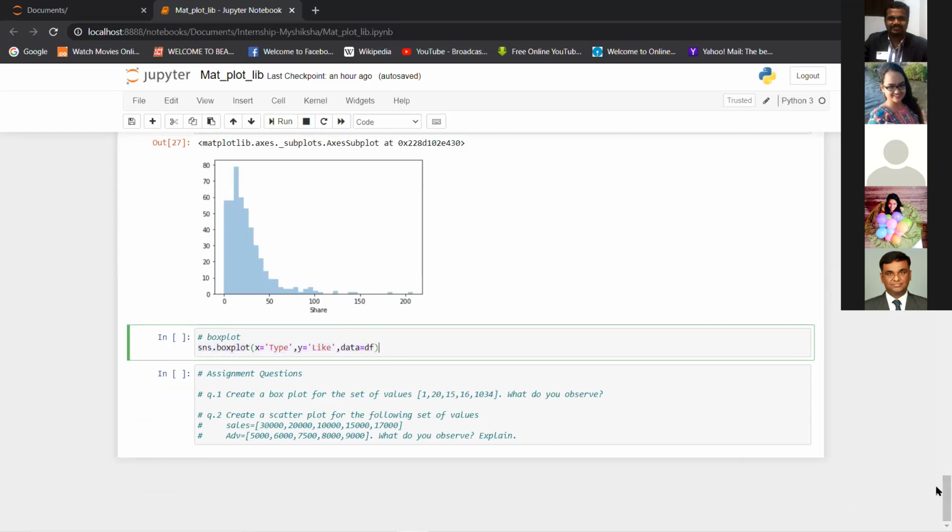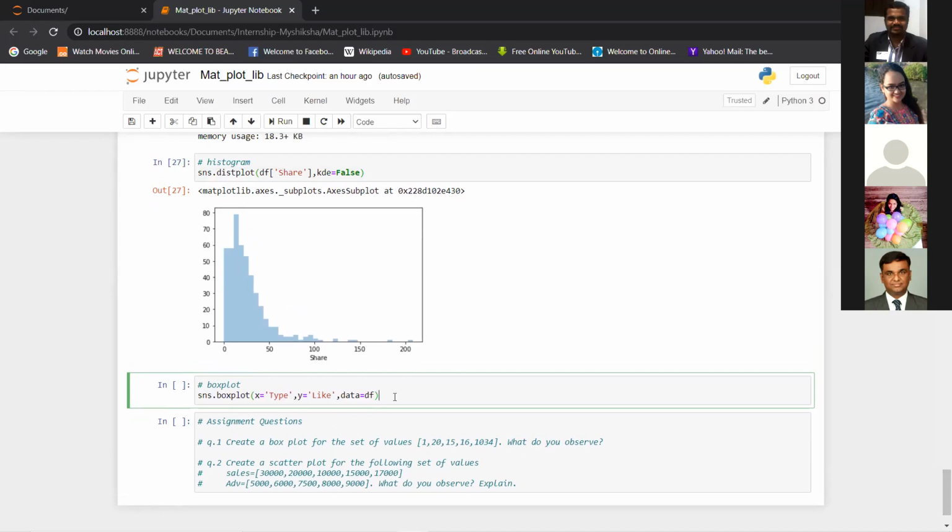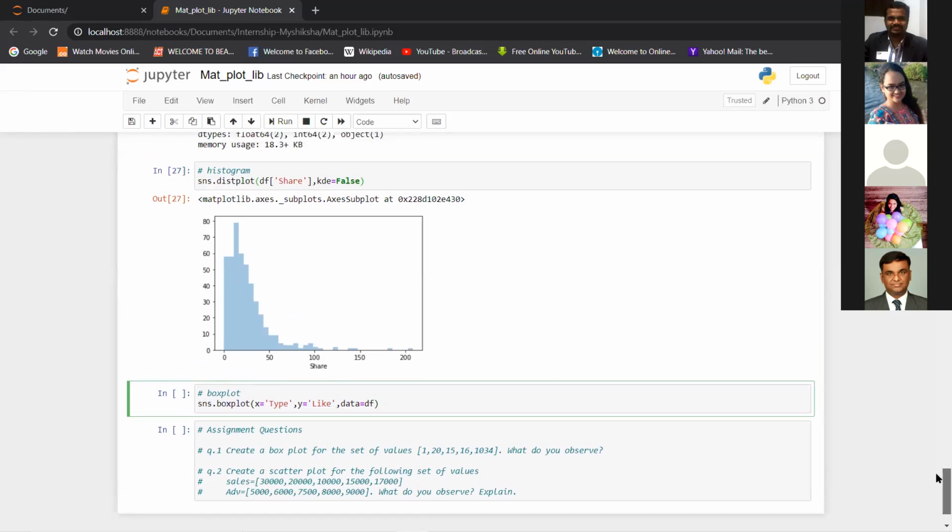It's the same function, dot box plot, that we are using with Seaborn, but you can use a different variation in Seaborn. You can use box plot for different categorical data as well. Now what I'm using on the x-axis is type. Type can be the type of a post.